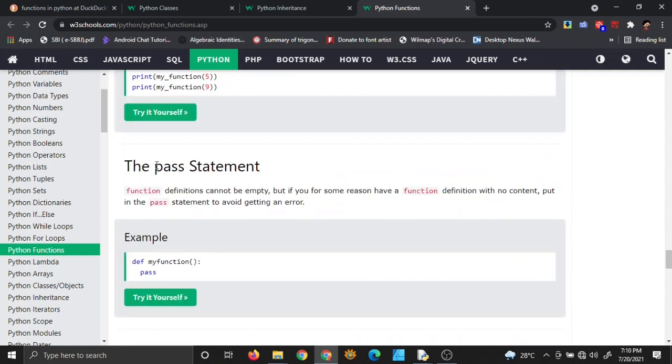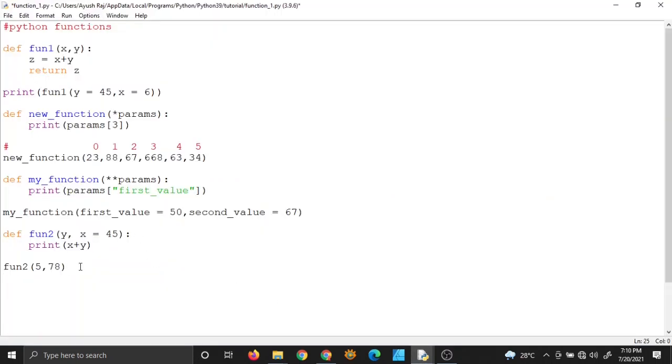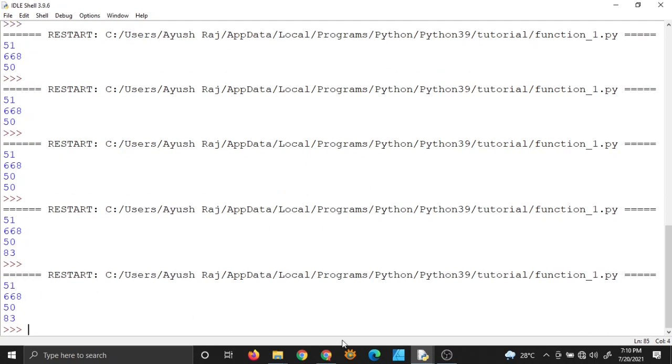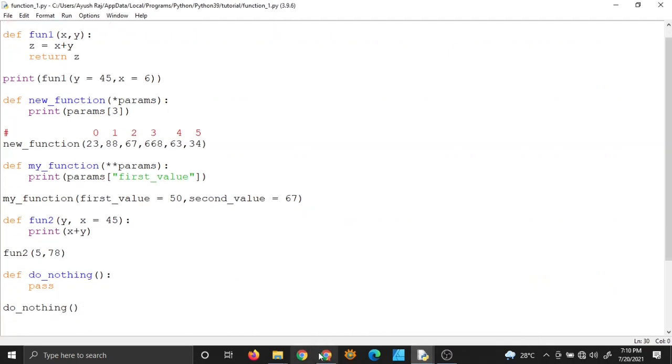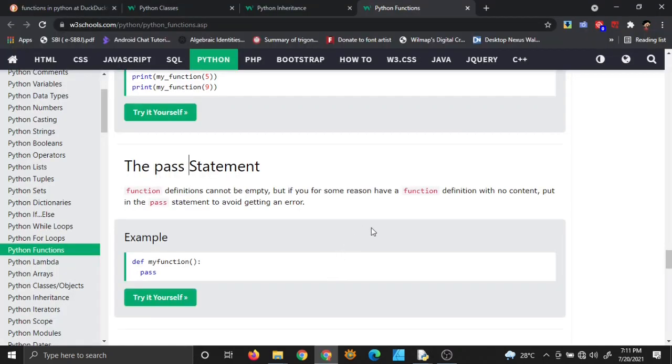Now we have the pass statement. If you don't want your function to do anything, you can simply write the pass statement inside your function. So I will now make a function do nothing and I will type pass. This function will do nothing. So let me run this program. It will be the same as before, but let us run it and see if it is actually the same as before. So yes, it is the same as before. So that's what it does, nothing, but it can be important sometimes when you are making stubs and drivers, right? So in that case it may be important.